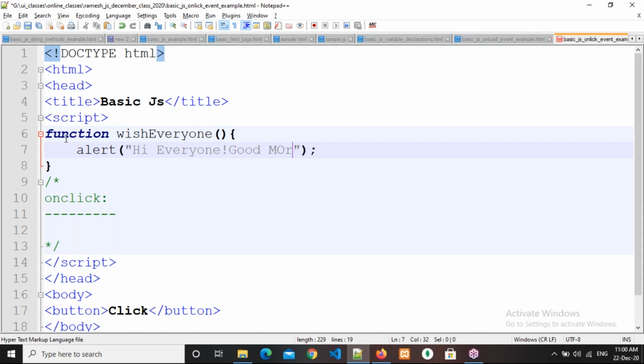Same message I'm writing. Now I click on this button. Am I getting that message?